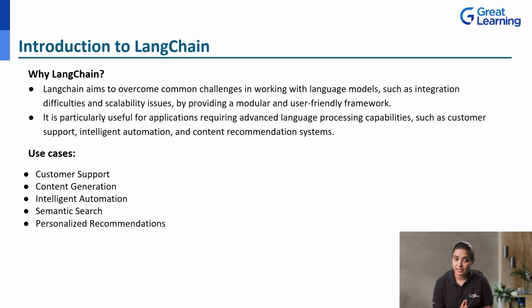Next, it has applications all over the domains. Majorly, it will always try to reduce the work of the human. That's how it gives advanced processing capabilities for customer support, intelligent automation, and content recommendation systems. Whatever models you build for your requirement, it will try to give advanced level support and processing capabilities